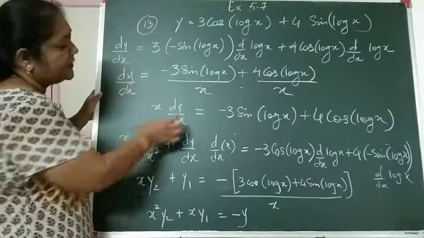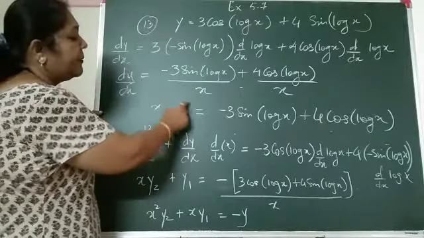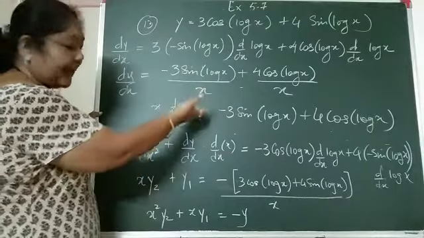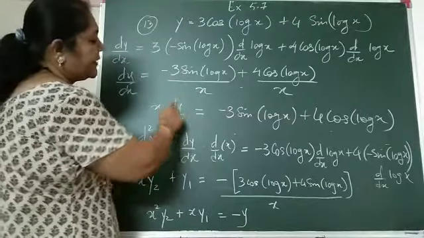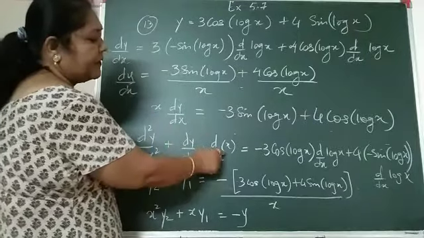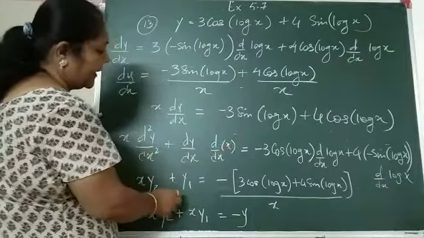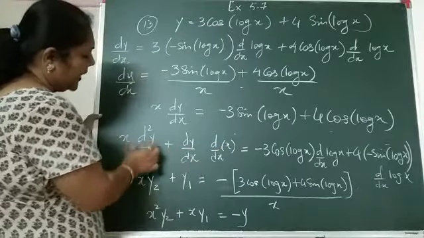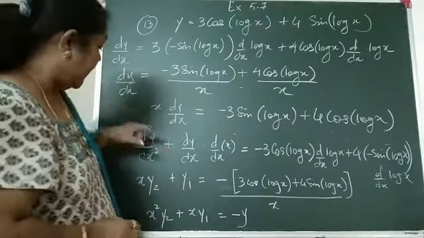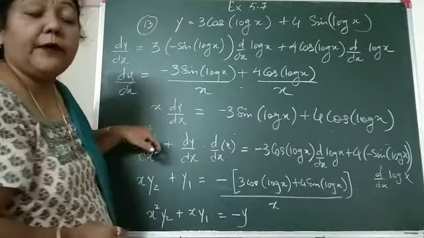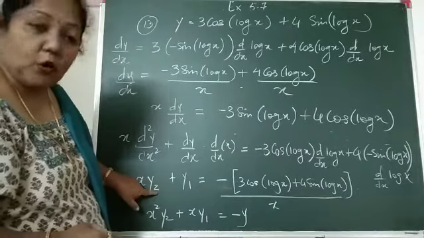So x will be a constant and differentiate dy by dx one more time. If I differentiate dy by dx one more time, it will become the second order derivative. So d square y upon dx square plus, now dy by dx will become constant and x I will differentiate again. So into d by dx of x. d by dx of x is 1. So in the second term only dy by dx will remain and this term will remain. Now the second order derivative, instead of writing this big d squared y upon dx squared, I can write it y2. y2 means a second order derivative.